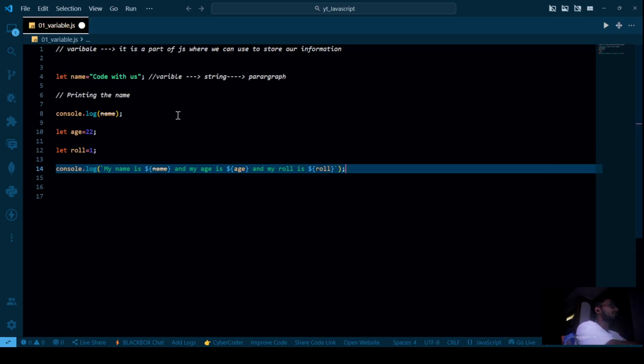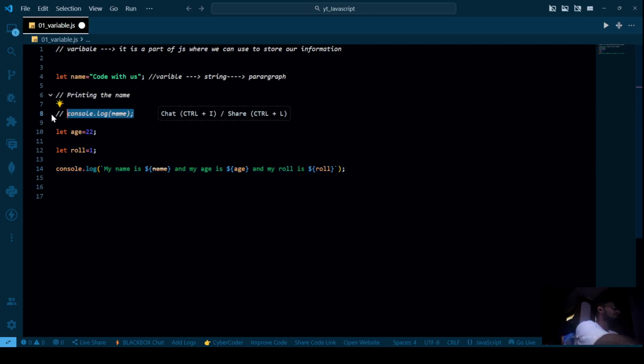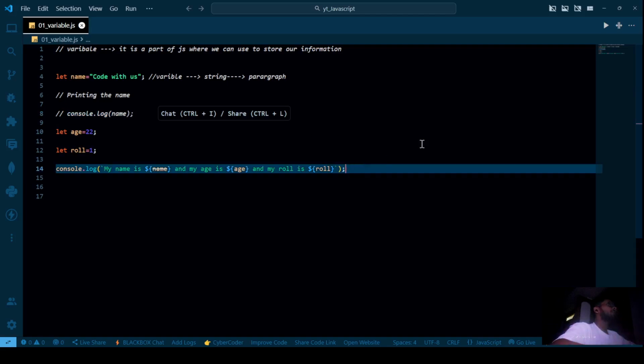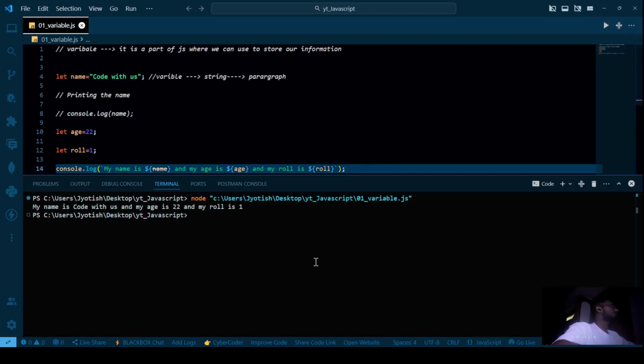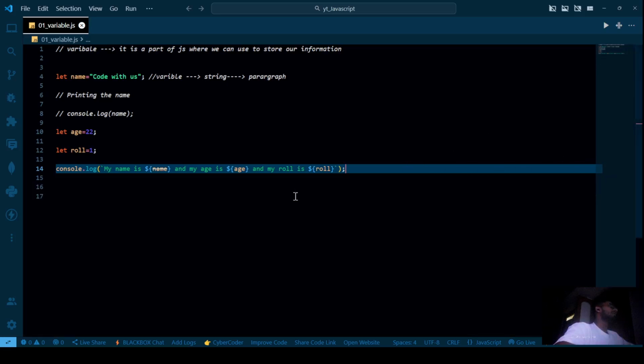So in this way, you can get your information. Let's see the output. You can see here it says my name is, and the name, ABCs and roll number. So in this way, we will take the information.